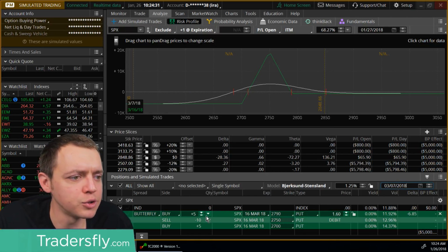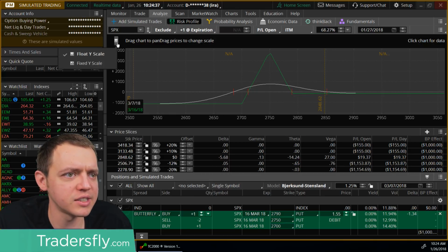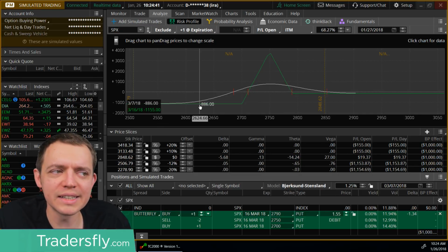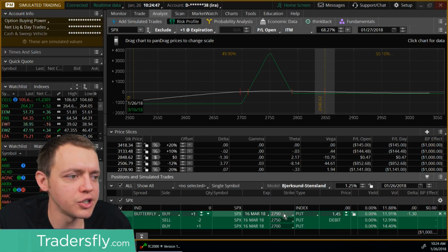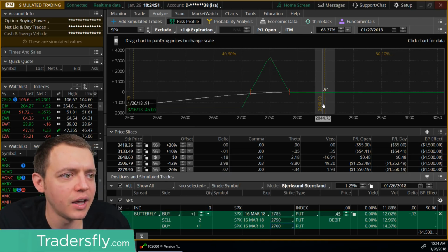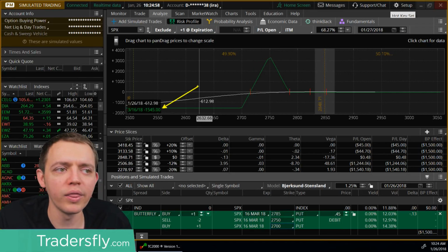So dropping it back down to one contract, this is really how it works on a basic butterfly spread, and how you make a low risk investment for a downside move in a butterfly. And of course, you could adjust this even further. Let's say I go to 2785, and now I'm risking only $50 for that same kind of potential. But of course, I'm risking on this side